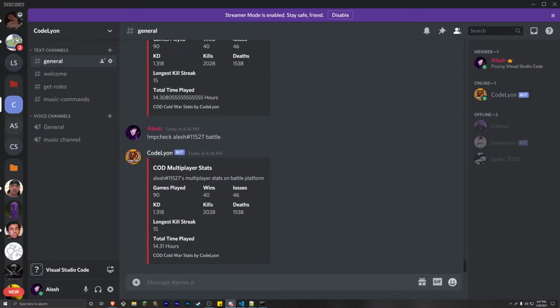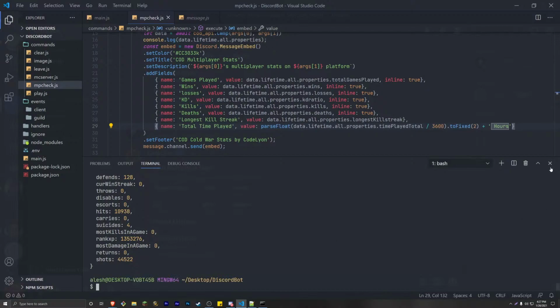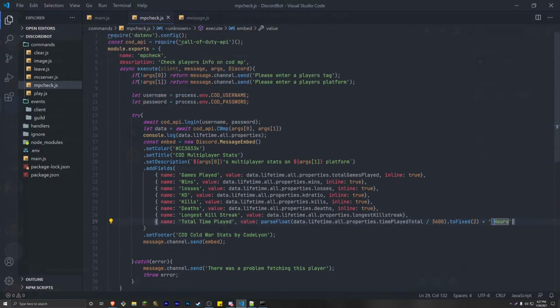Boom. There it is. Look how easy it is. Guys, whenever... My dog is barking. Whenever you have an idea for something that uses an exterior game or an exterior source for information, it's so easy just to go to